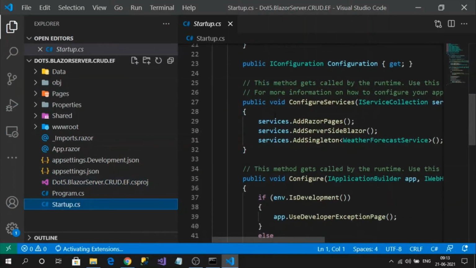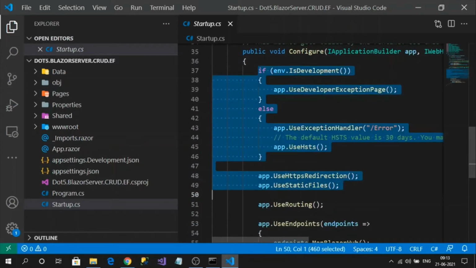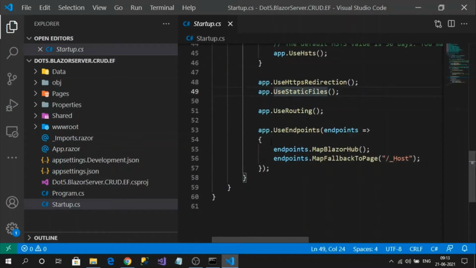In the Startup.cs file, there are key services registered to support dependency injection, some like Razor Pages and some like server-side Blazor services. The next thing is middlewares. Middlewares are nothing but code that executes for every request sequentially. After the middleware executes, our main code gets executed. Here we need to focus mainly on UseEndpoints. UseEndpoints is the triggering point to navigate to the appropriate code that has to be executed.